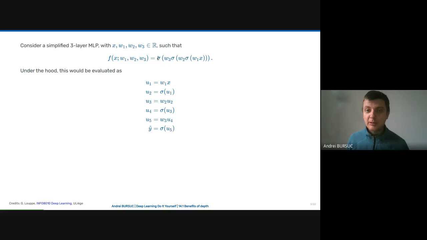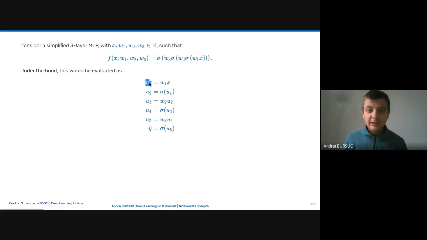Multiply the output by W3 and sigma. I note that I'm omitting here, just for clarity, the bias. So you also have a bias term that is missing from the equation. So if we write it down in a more detailed, unrolled manner, we can see that